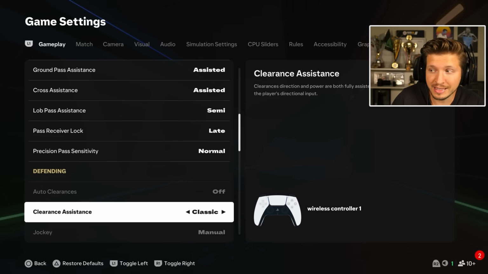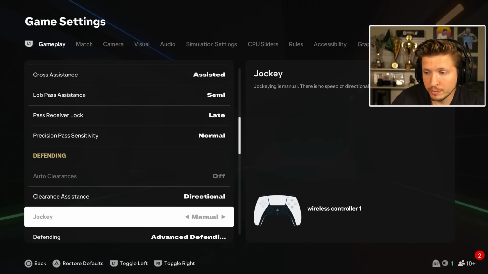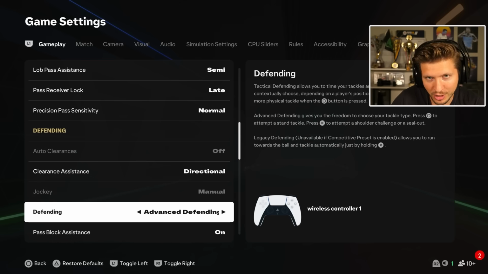The best one here definitely is directional. Jockey must be manual, and then you have the big question as last year, tactical defending or advanced defending. The difference here is the X button. If you have tactical, this will be contain, and this here will be then seal outs, manual seal outs, using